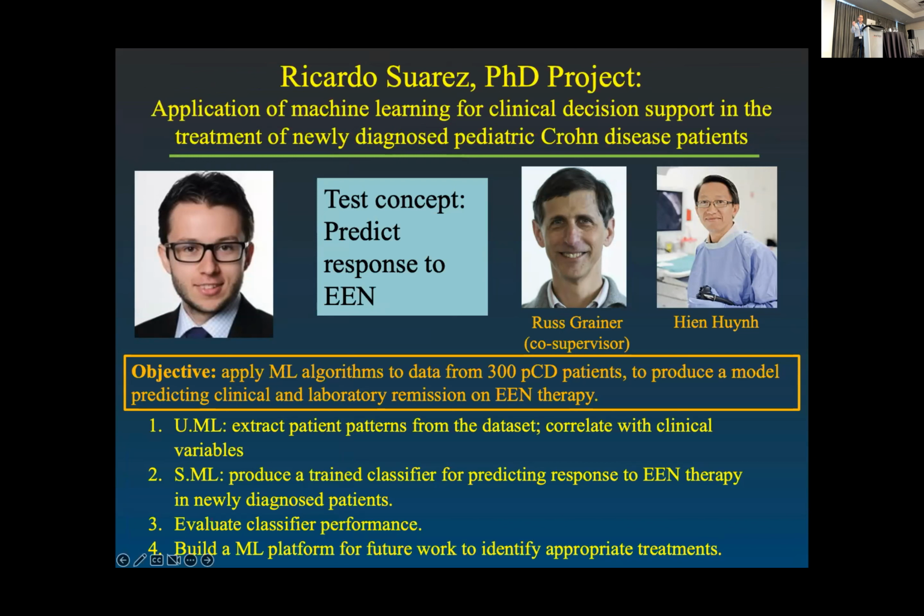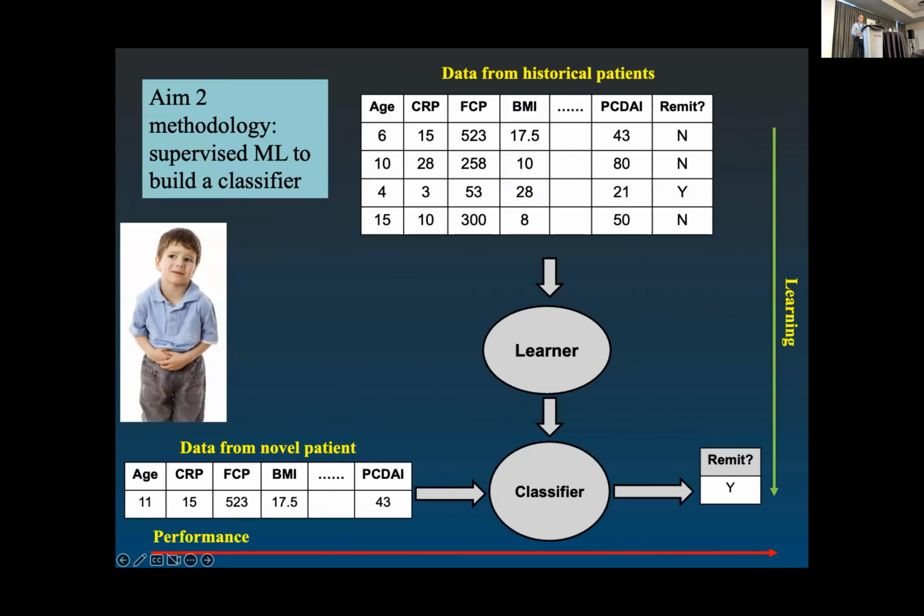And our main interest is using the network that I described, where we have 300 children who are diagnosed with Crohn's disease and receive that exclusive enteral nutrition treatment. But we also have a lot of biological data available, and again, we don't have results to share yet, but we will be applying different approaches, starting with unsupervised machine learning to look at clustering, supervised machine learning, which I'll talk a bit more about in the next slide, and then evaluating the classifier that we hope to identify in order to build a platform that we then can apply for different conditions.